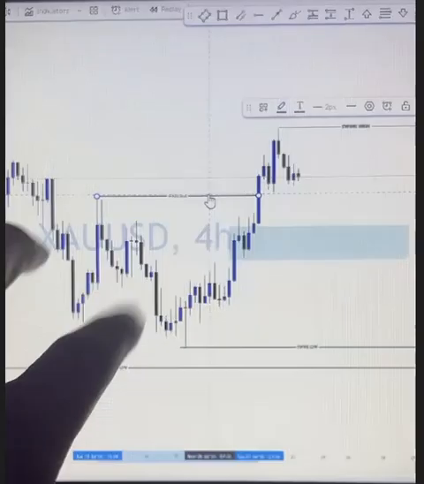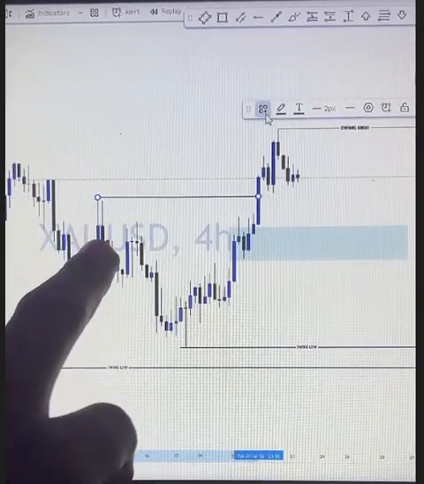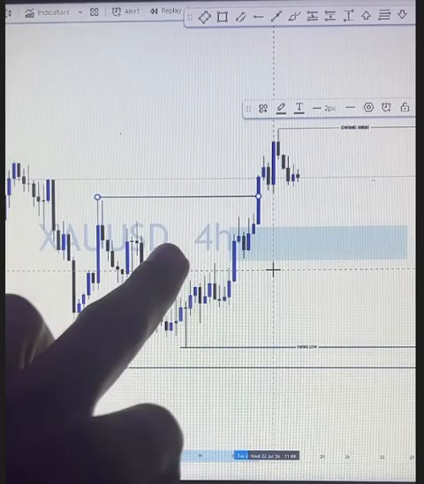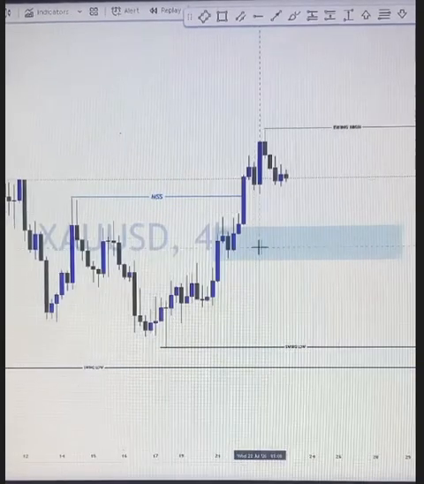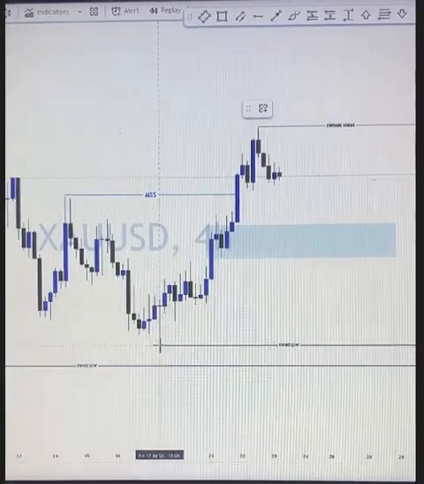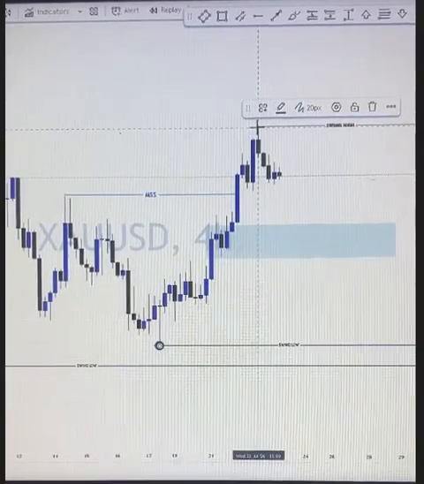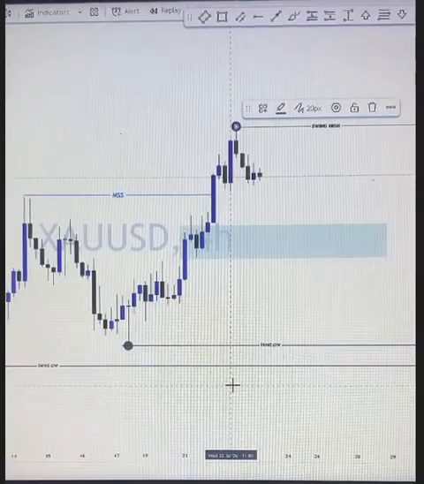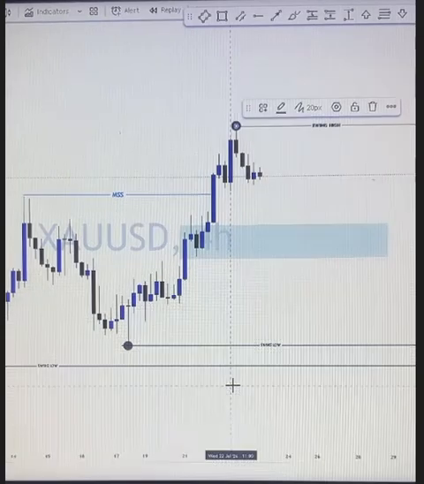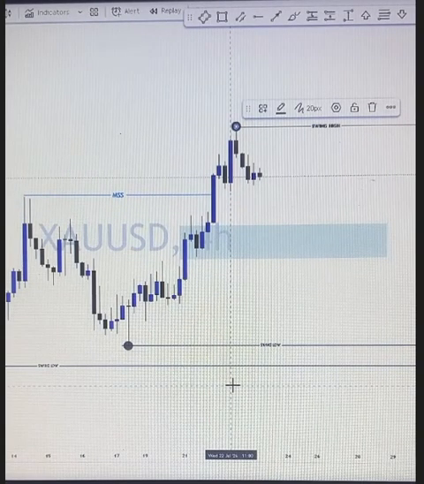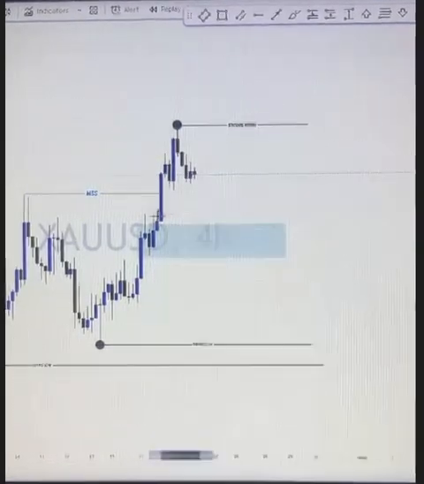Okay, good, thank you. So this is a breakout here. This breakout is called market structure shift or break of structure. Now, after we've gotten our direction, what do we do next? Anybody? After we've gotten our direction, what do we do next? I'm waiting for your answers, guys. Kenzie, thank you. We mark our key level.